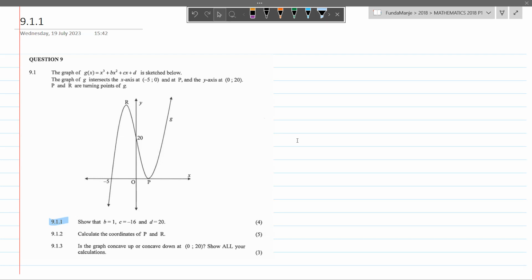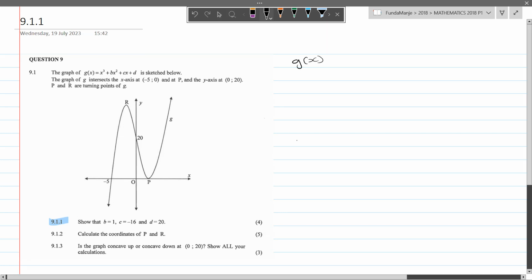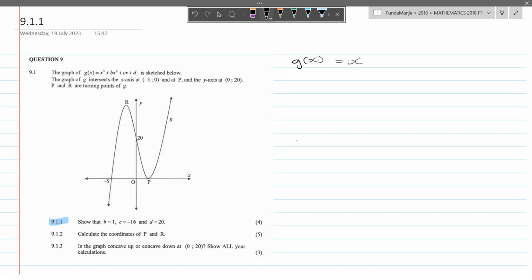So we have to show, basically get the equation of this cubic function, which currently has three unknowns. We know that a is equal to 1 in ax cubed plus bx squared plus cx plus d. So what we can do first is take this point that we have been given, which is an intercepting point, and substitute it into our graph. But since we can clearly see that at P we have two intercepts and the other intercept is at -5, we can rewrite this function into the form